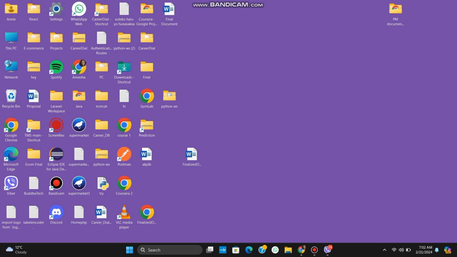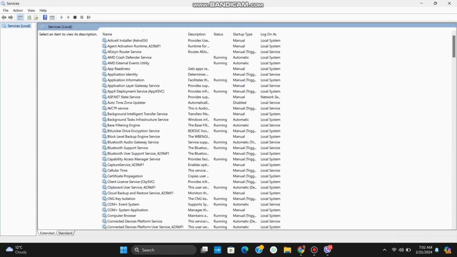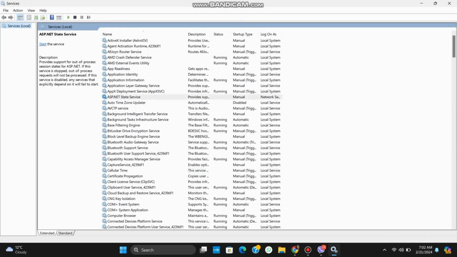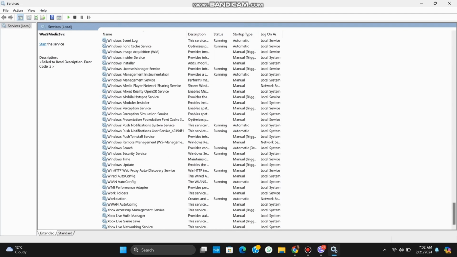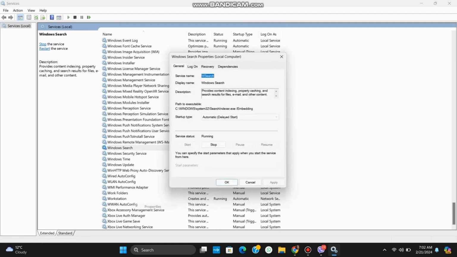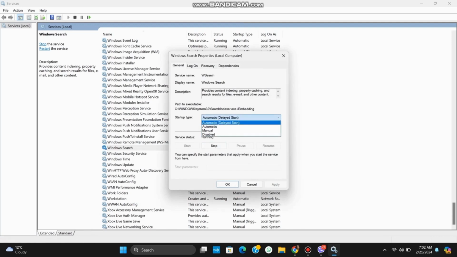So first of all, press Windows plus R to open the Run tab and type services.msc. Now you have to search for Windows Search. Right click on it and go to Properties, and make sure to choose the startup type as Automatic and